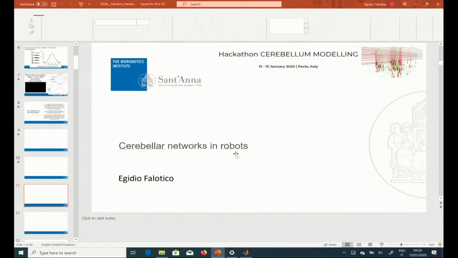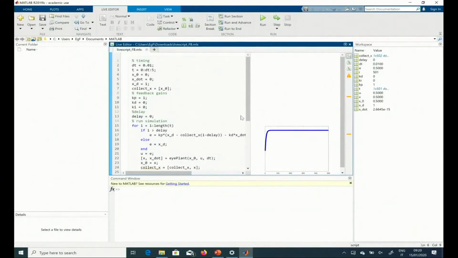I show you here what happens in a very simple MATLAB script. For example, when you have this simple system, we consider a function that can replicate the dynamics of the eye, and we use a simple, yes, it should be visible,